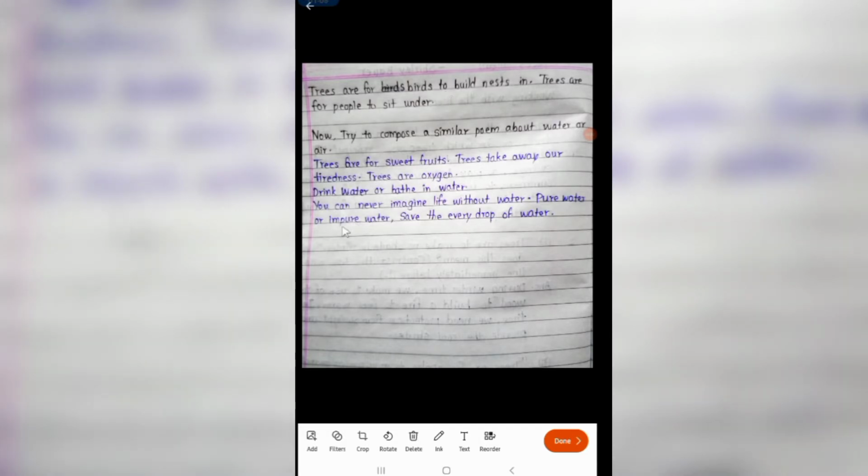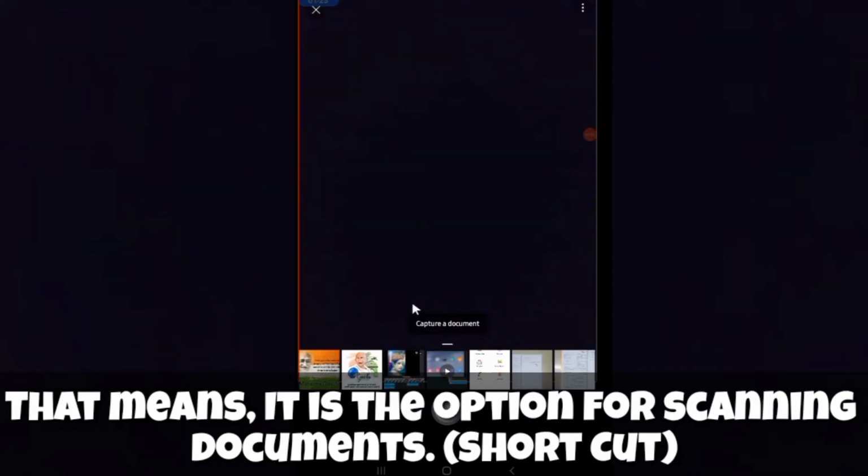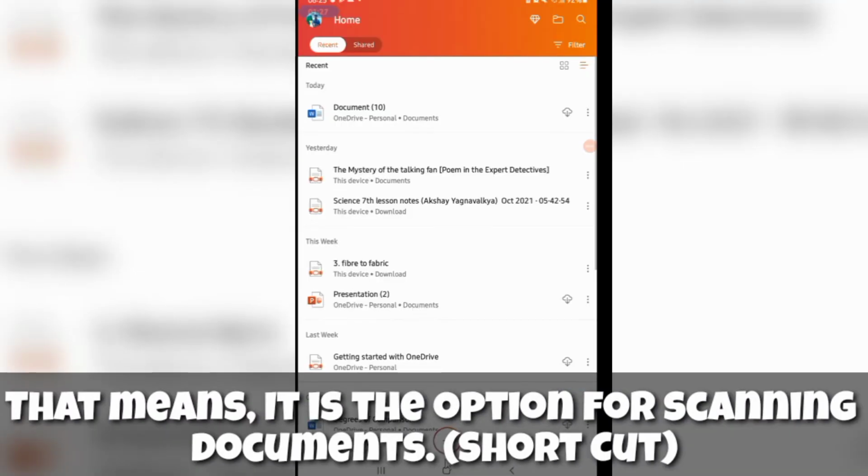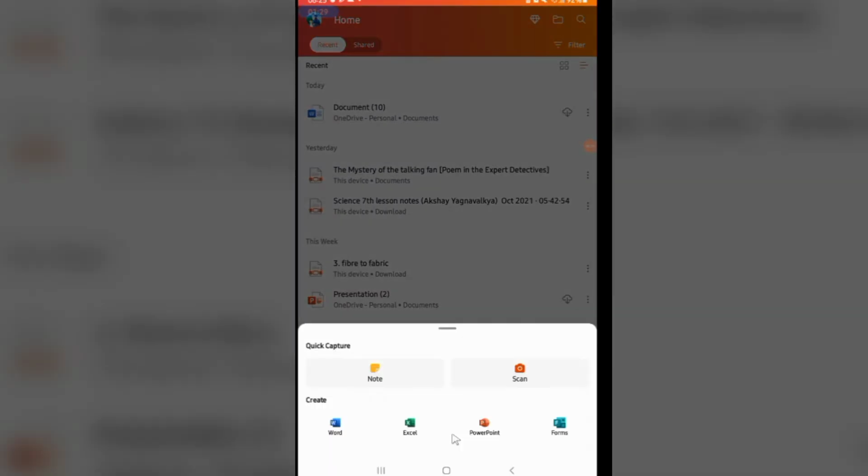After that you have to click on this done option. If you want to add another photo or any filters to the document, you have to edit that. I'm discarding that image, because I have shown this as a trial. I will clearly explain how to scan documents using the Microsoft Office app in the next video. Now we will discuss Word.